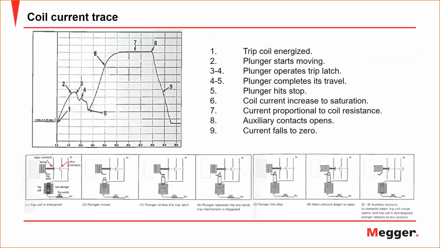So this coil current, once you start energizing this coil, it will start moving this plunger. This plunger will hit the latch, and once this plunger hits the latch, the coil current will drop. This drop is because of the force applied by this trip latch on the plunger. Now, once this plunger starts hitting the latch, the current will start to drop. And once it reaches its final position at point number 5,